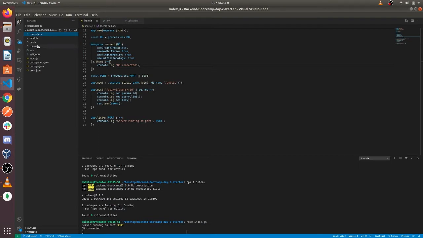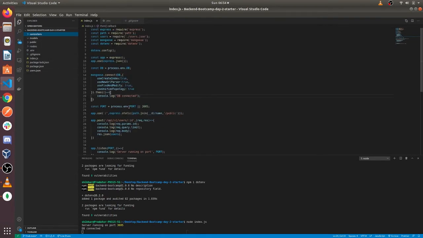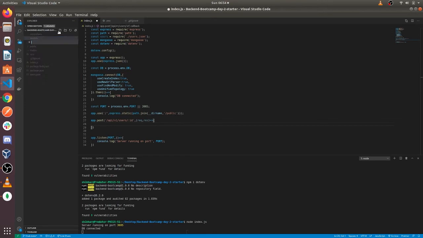Our functions will be in the controllers folder, and then we will map our routes to functions in the routes folder. Okay. So let's first define our MongoDB model.